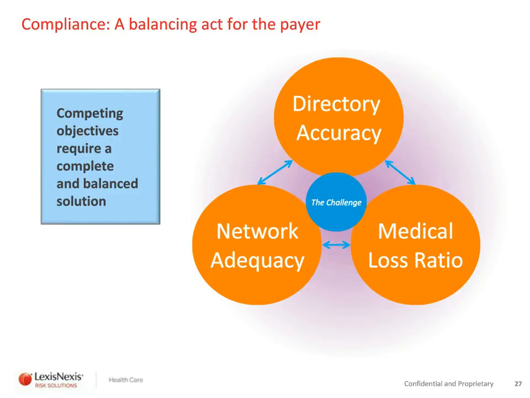The third leg of the stool is really around your administrative costs and your MLR. And obviously, every percentage of accuracy that you require within your directory has a correlated cost associated with that verification. And as well, recruiting and credentialing of providers to maintain network adequacy has associated administrative costs. So that's really the challenge and the balance